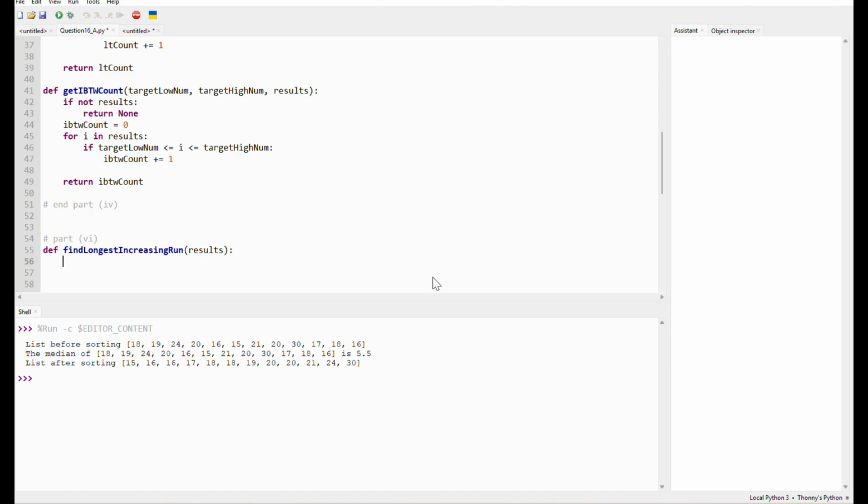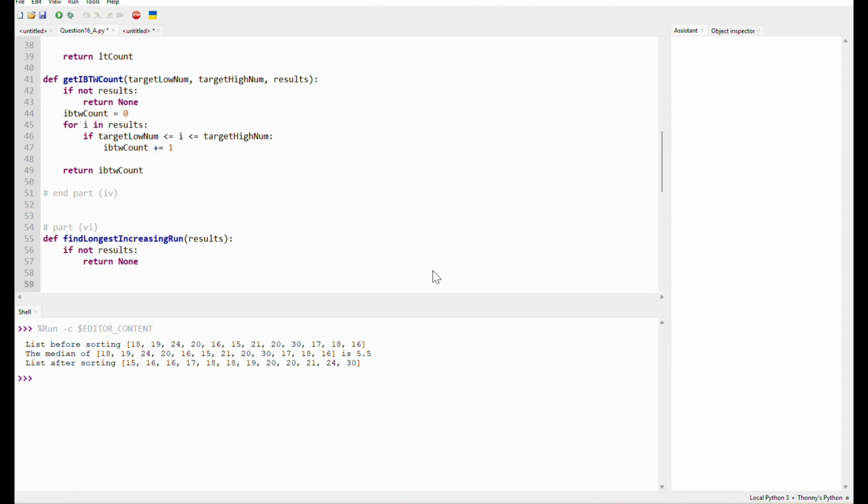So that's my list coming in. If the list is empty, we need to get out of there straight away. If, however, it's not, then what do I need? I need to have 2 lists within this function. One to track the longest one I've seen so far, and another one to track the current one that I'm building up. So current run